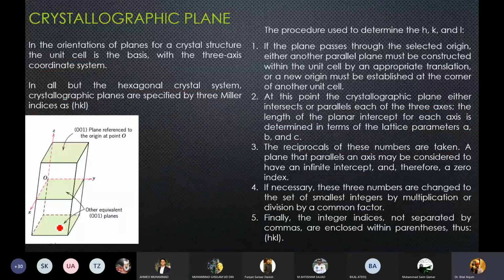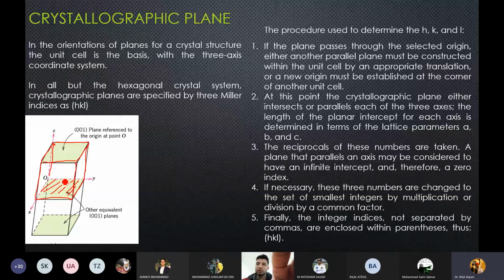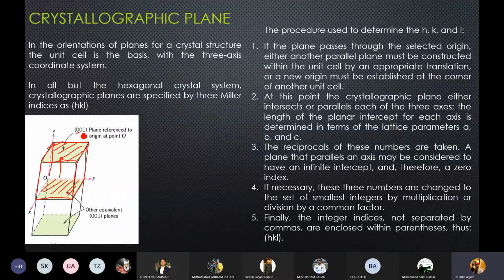Now let's look at a few of the planes. I had this unit cell with me. This was the unit cell. This is my origin. This was the plane. Now, since the plane was passing through the origin, I shifted my plane upwards. This was the plane, and the HKL or Miller indices for the plane with regards to the origin O is